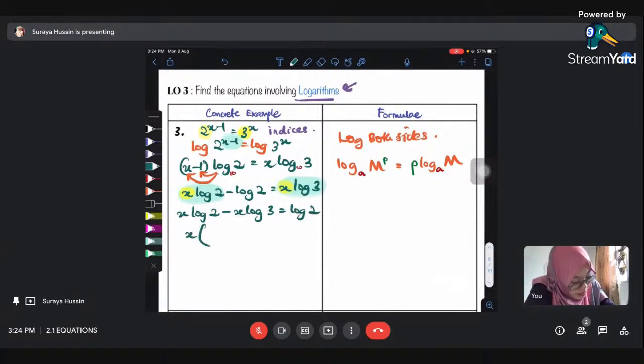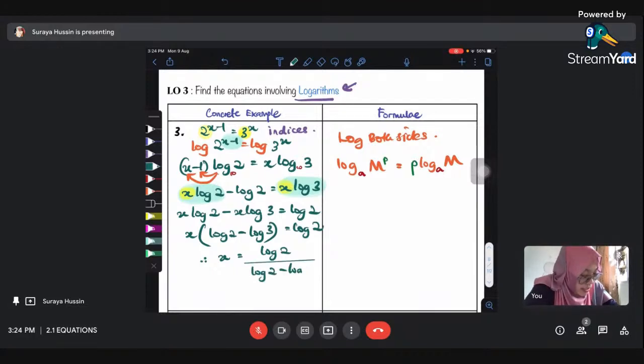Therefore, you factorize it, you akan dapat x times log 2 minus log 3. And now, barulah kamu dapat jawapan yang terakhir, iaitu log 2 divided by log 2 minus log 3. Tapi jangan tinggalkan jawapan macam ni. Jawapan kamu sepatutnya negative